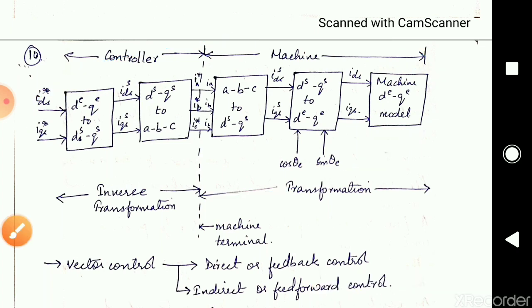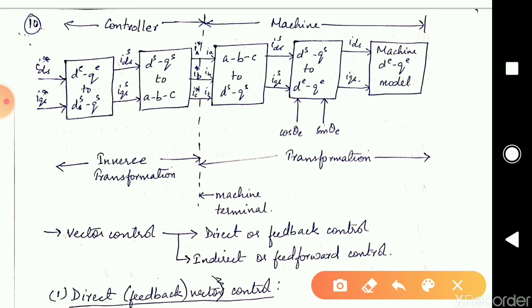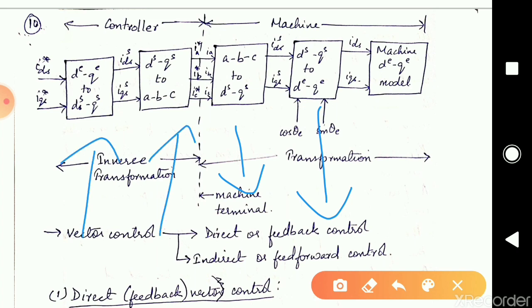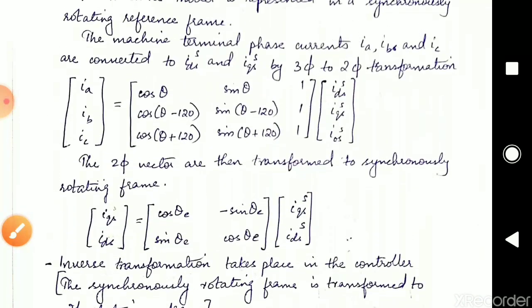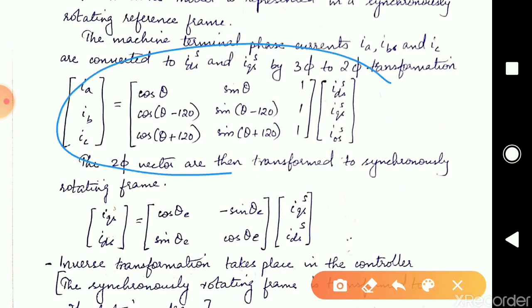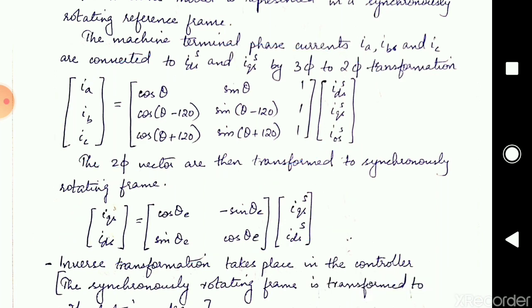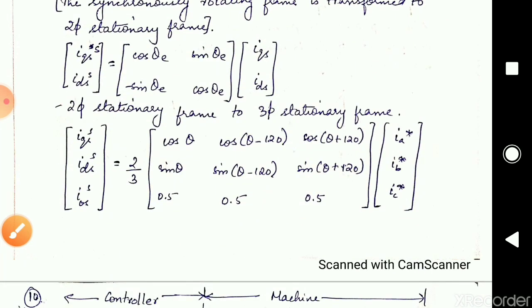After explaining the block diagram, you need to write each transformation equation. You already know Clark's transformation. You know the matrices for the Park's transformation, you know the inverse matrix and you know this inverse matrix also. All of these matrices are given before the block diagram. You can see over here how the variables are being converted, which has been given on the just previous page. Okay, so if all of these are written, you will be getting full marks for the vector control.